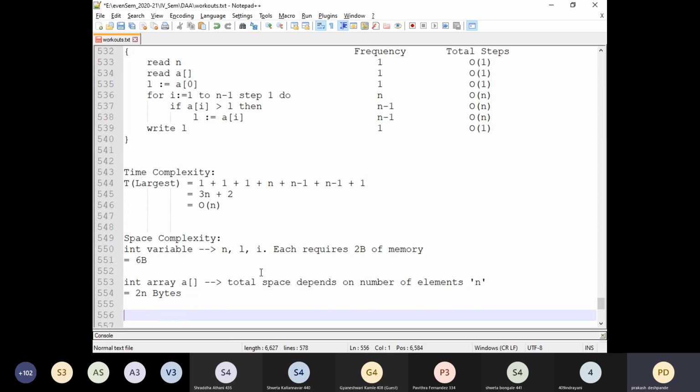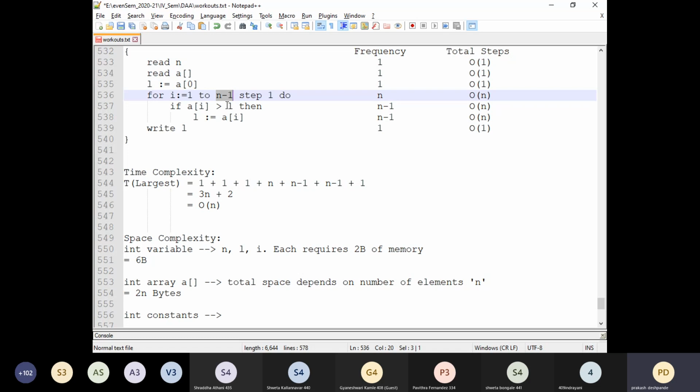Then the number of constants, and all the constants are integers here. So can you quickly tell me how many integer constants are there? Only 1. Now look into this. This is an assignment. Anyway, both are variables there. Then we have again an assignment. Then the condition here will be what? i less than n.